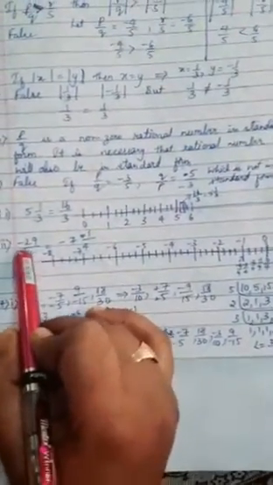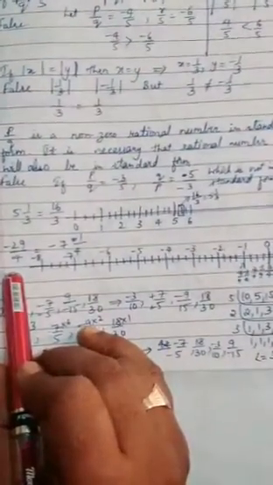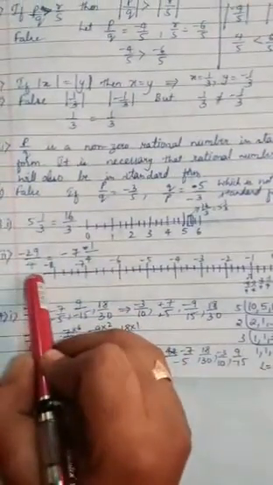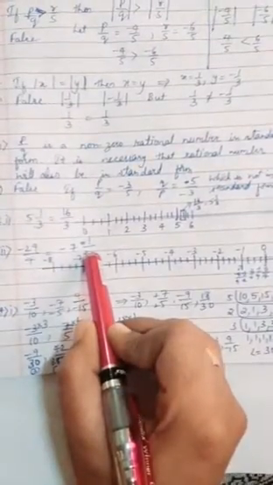Observe that minus 29 by 4 comes to the left of 0 on the number line. So, I have taken 0 and, to the left of 0, the integers minus 1, minus 2, minus 3 till minus 8. And let me convert minus 29 by 4 into an improper mixed number.